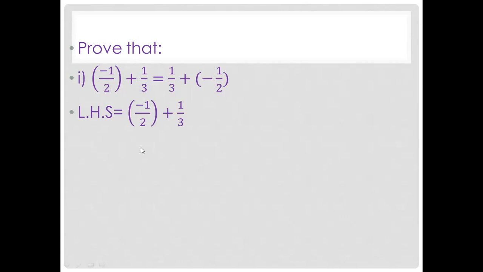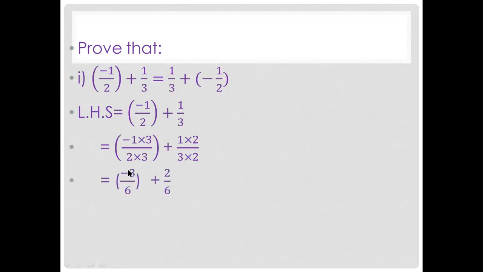It will be 6, to make the denominator 6 and then simplify it. In both cases you can do this. To make the denominator the same, we multiply the numerator and the denominator of one half by 3, so 3 ones are 3 and 3 twos are 6, and one over 3 we multiply the numerator and denominator by 2. Why did we do it like this? Because 2 and 3 are both prime numbers, so they are not multiples of each other. That's why we simplify it like this.